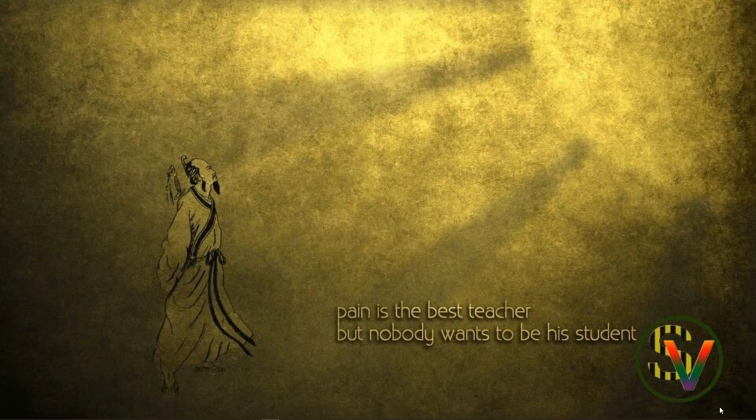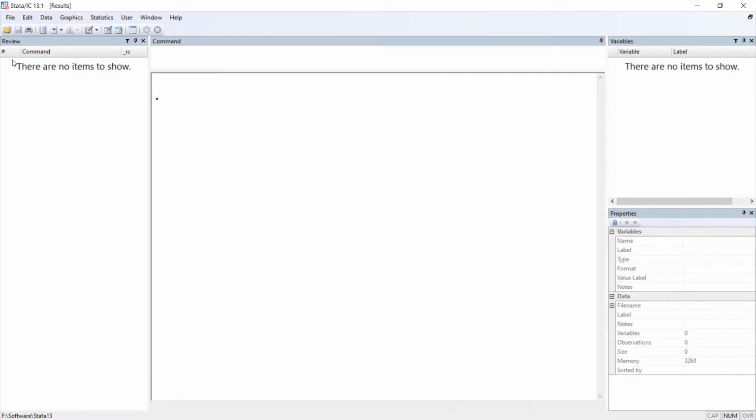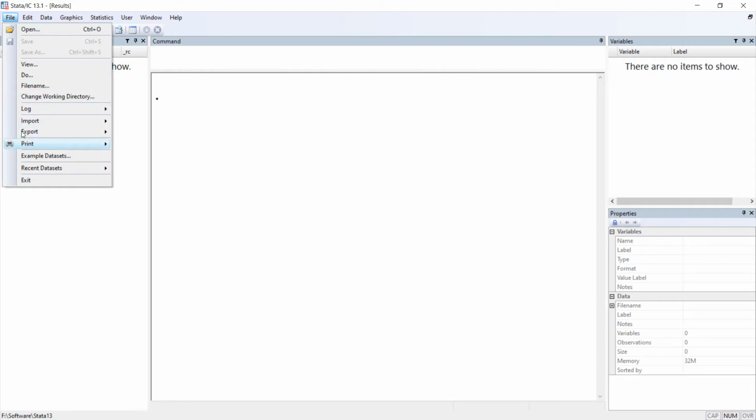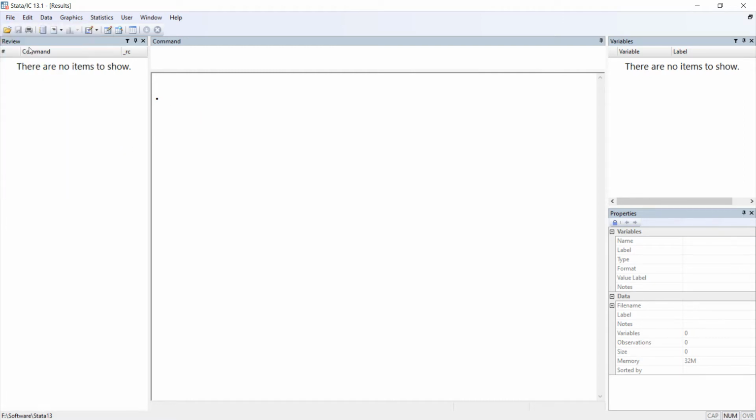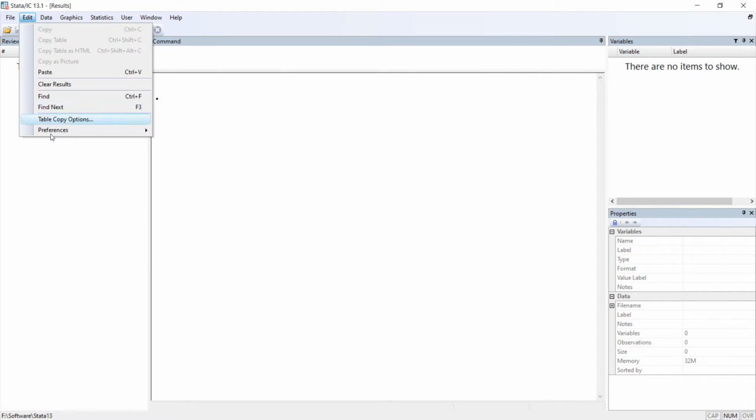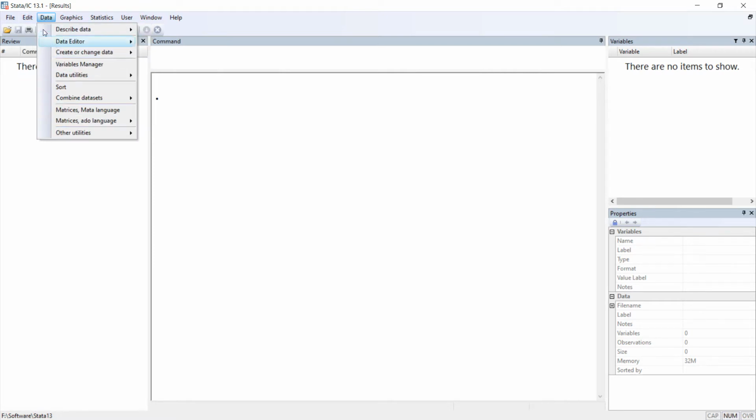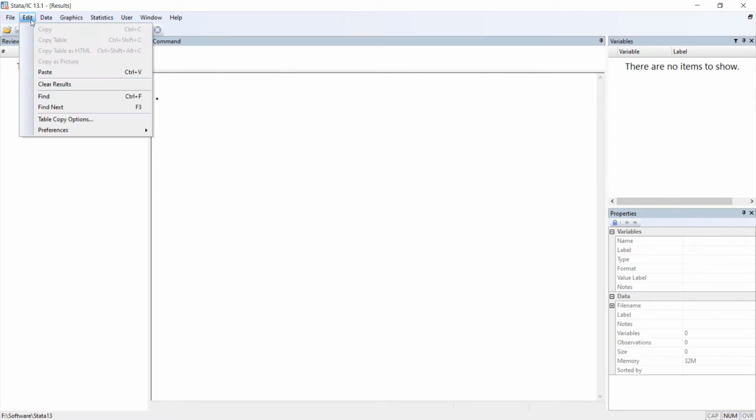In the last class, we talked about all the sub tabs under the file tab in Stata. In today's class, I'll teach you about the edit tab and some portions of the data tab. Okay, in the edit tab,